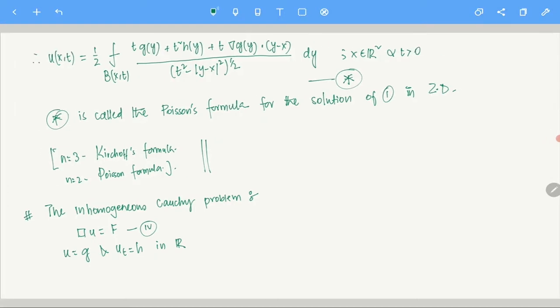Now from there I want to find out whether we can solve the inhomogeneous Cauchy problem. So this is the problem, let's call this 4, on R^n cross t equals 0. Here n can be any number: 1, 2, 3, 4, whatever. We are assuming that we know how to solve the homogeneous problem, and from there we'll do this. This will work for anything. Okay, so let's do that.